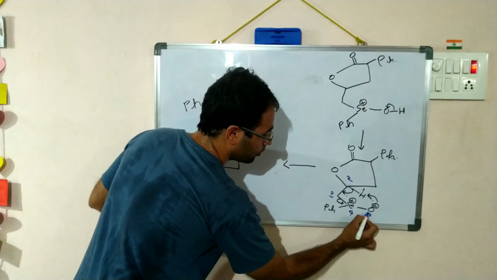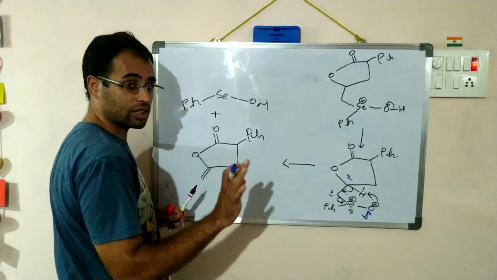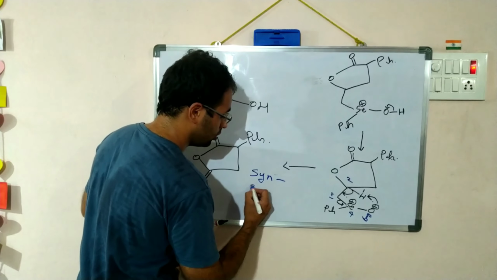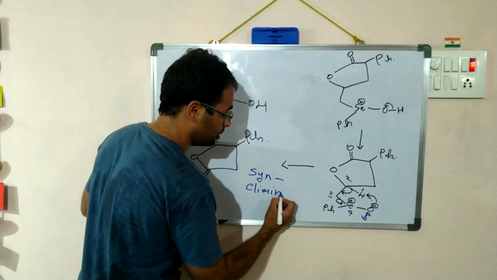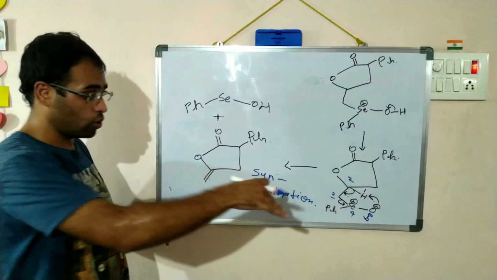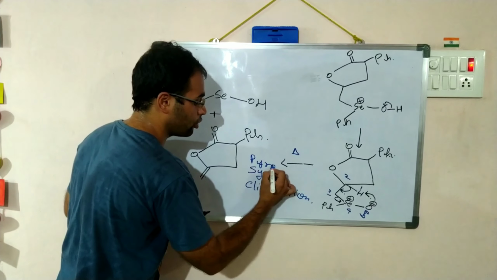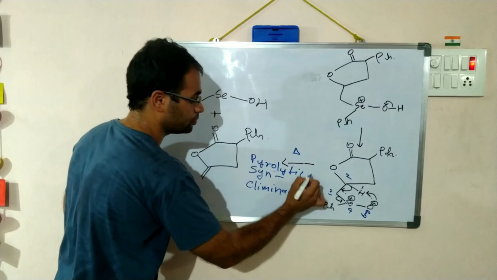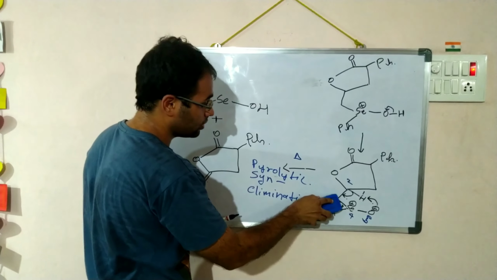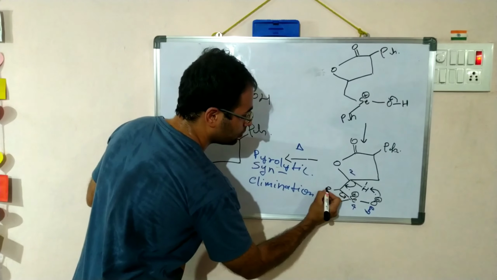Right. And because of this syn reactivity, this reaction is called syn elimination. And because heat is required to make this reaction possible, it is called pyrolytic syn elimination. Fine. Now, why I am discussing this mechanism is that if an R group was present here,